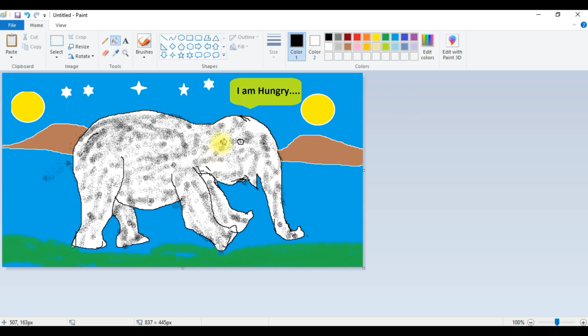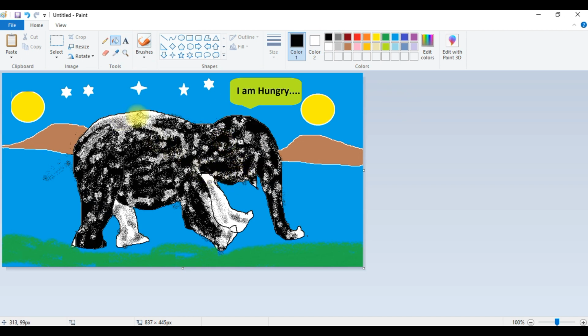Fill the black color. Let's see how it will be. Erase some area in the eye and put some dot.